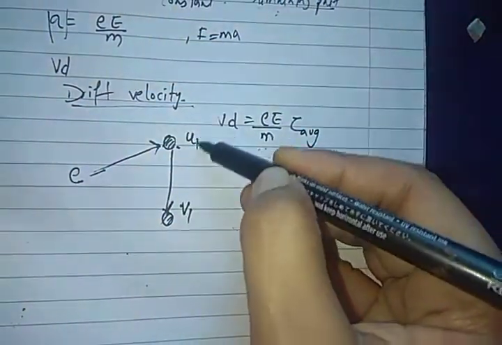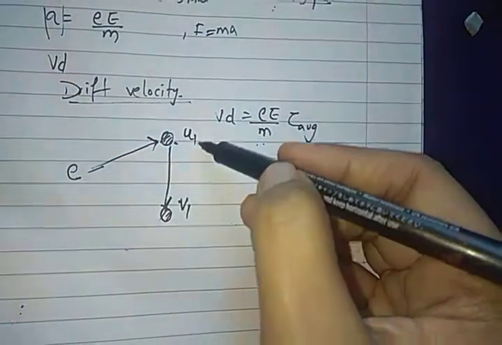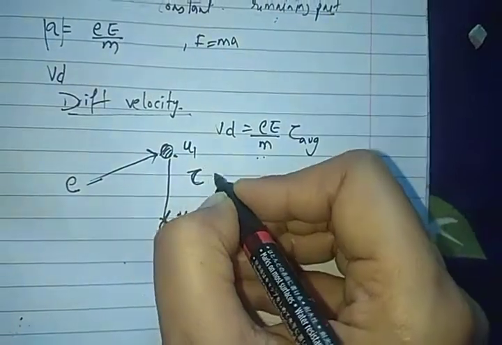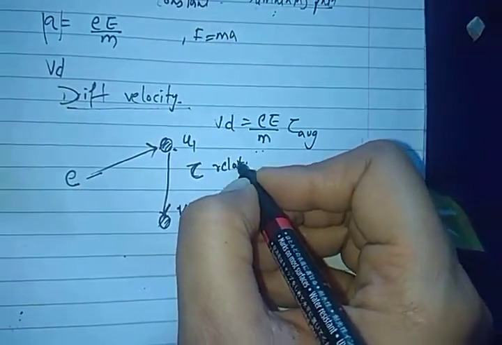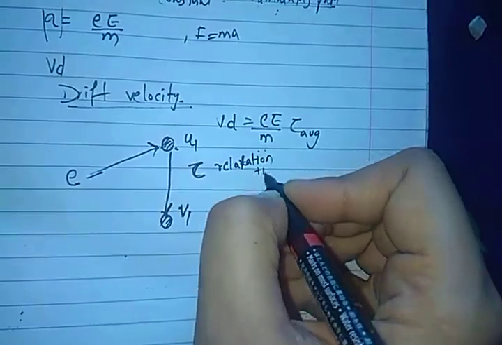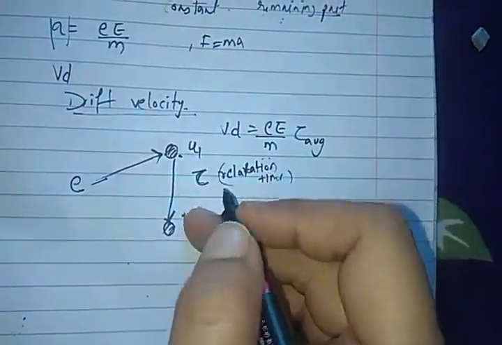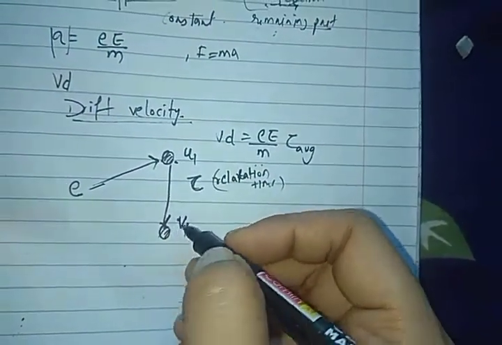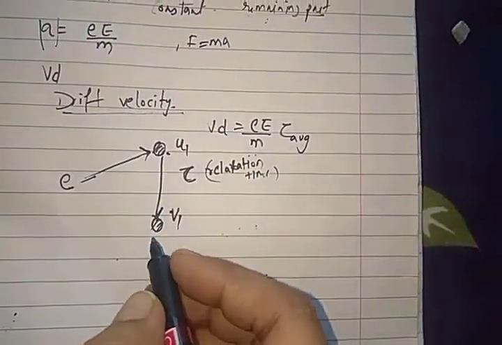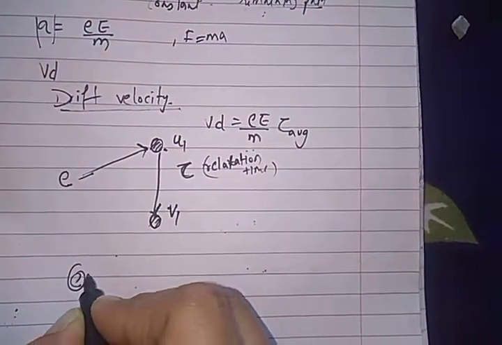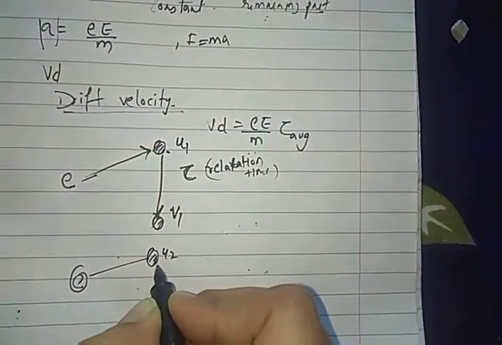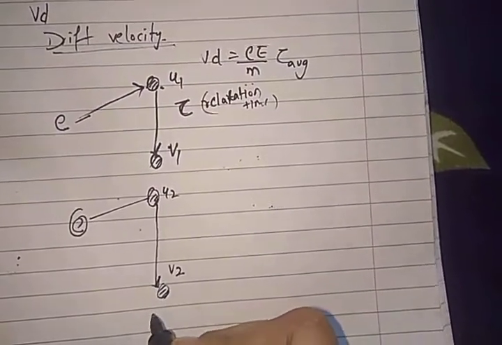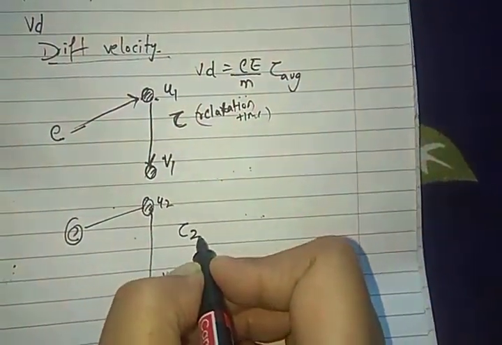So the time between two successive collisions is known as tau. It can also be known as relaxation time. Relaxation time means the electron is getting relaxed. The electron is relaxing in this period as it is not colliding with anything. It happens with the other electrons also. See, it was another electron. It struck with the kernel, it got initial velocity u2, and again it had final velocity v2 on striking the other kernel, and the relaxation time was t2.